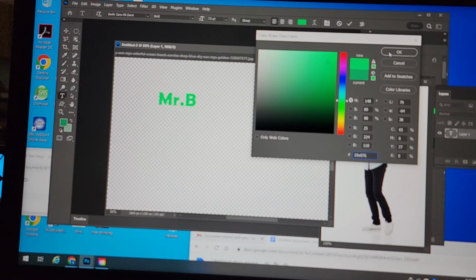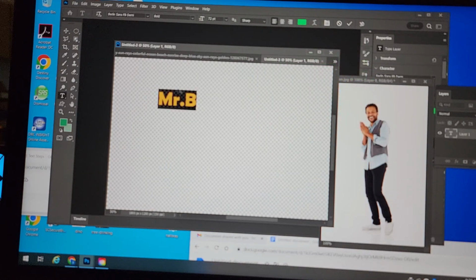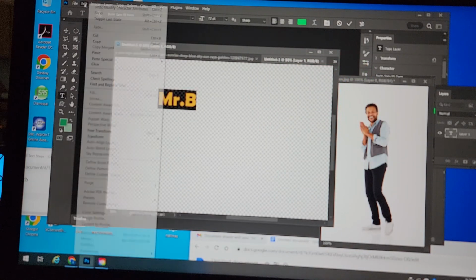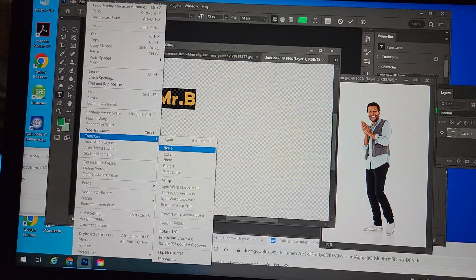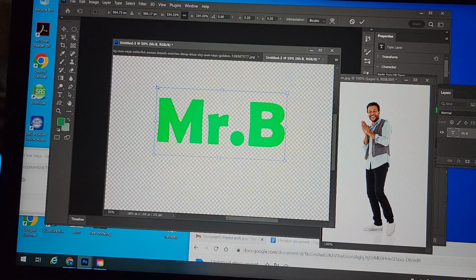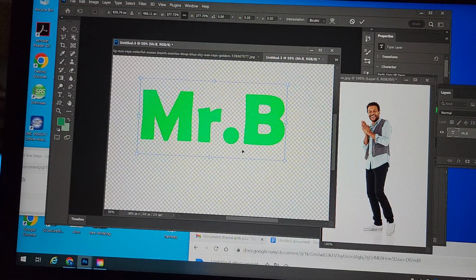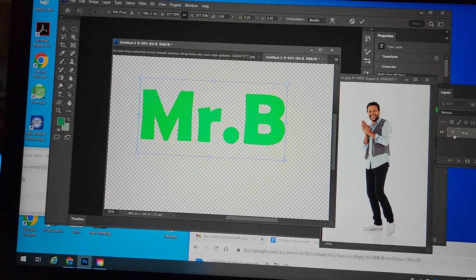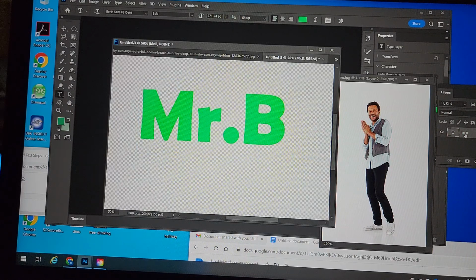I'm gonna hit OK, but the letter's too small, so we're gonna go back to Edit, Transform, Scale, and I'm going to make it bigger. I want it to fill the page,